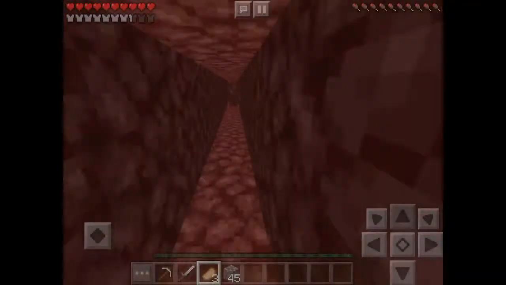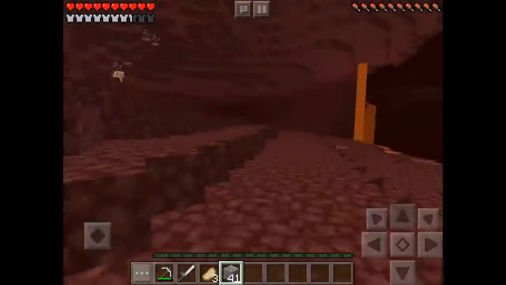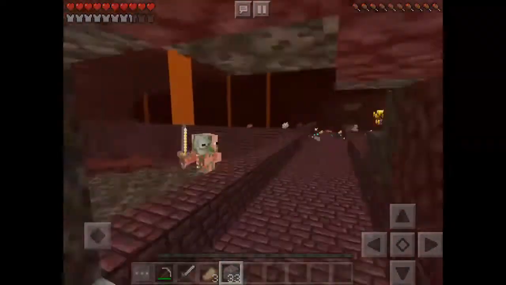I now have like a nicely memorized path to this place. No doubt I'm going to want to build a blaze spawner out here, so I'll probably set a railroad up and find a more direct route. And here's a trick. We're going to build